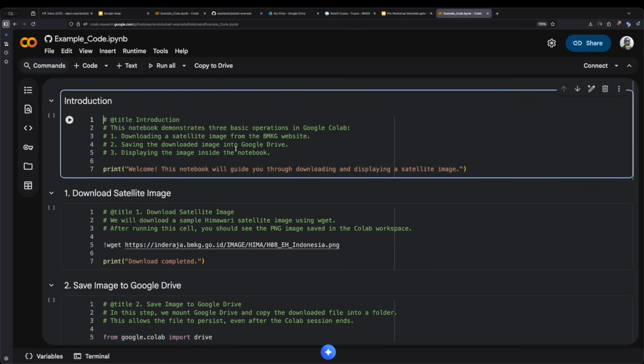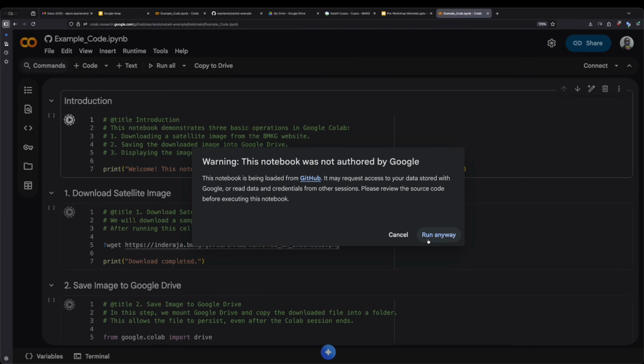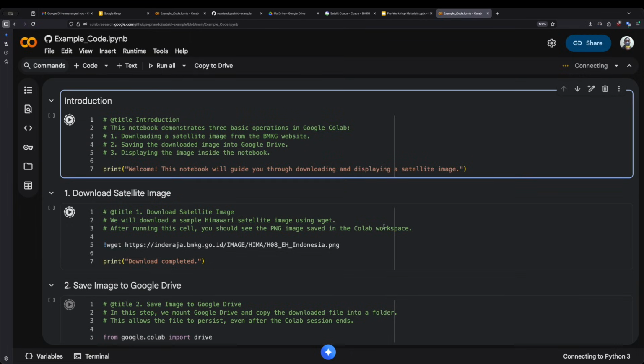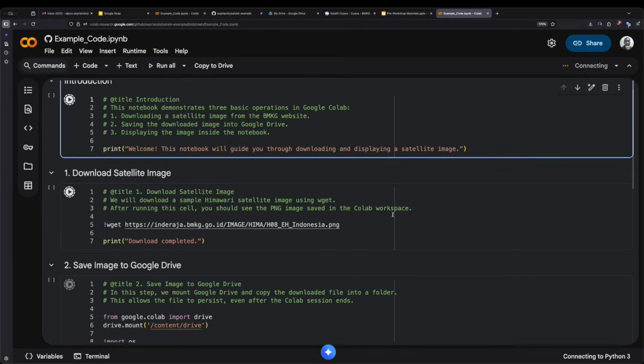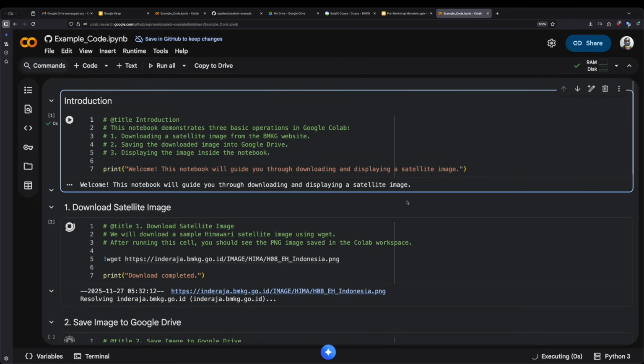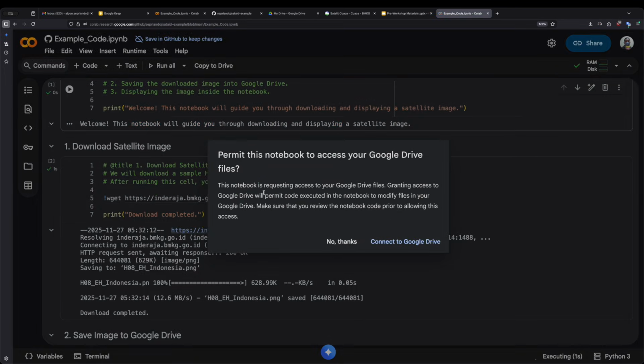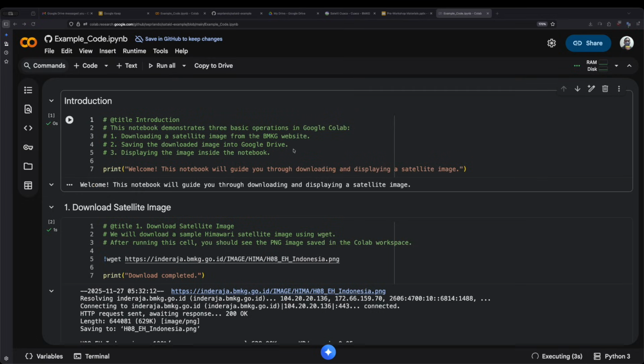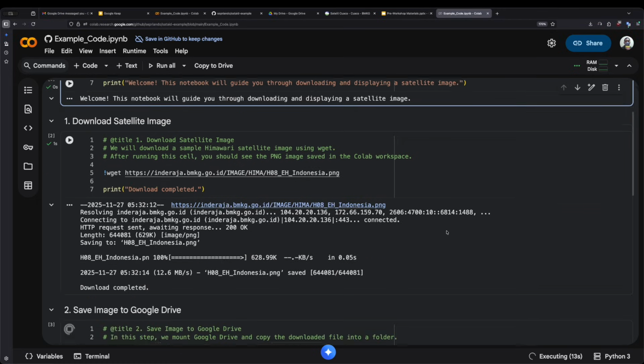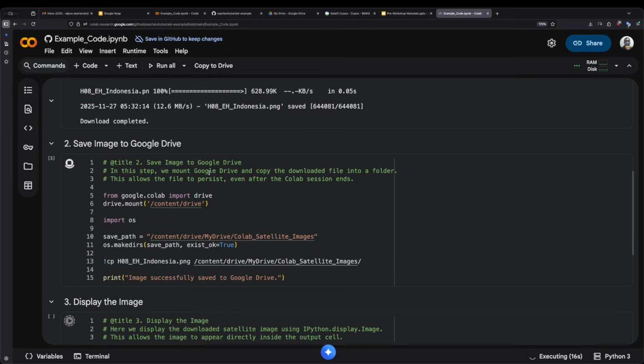For the test script, we can run all. Connect to Google Colab. This one is just connect. Download the satellite image, and after that, save the image, and save the image to Google Drive.